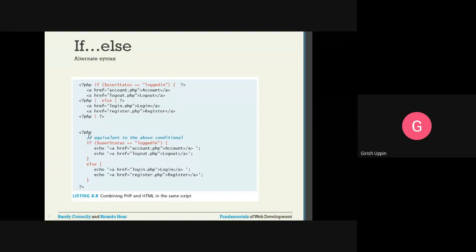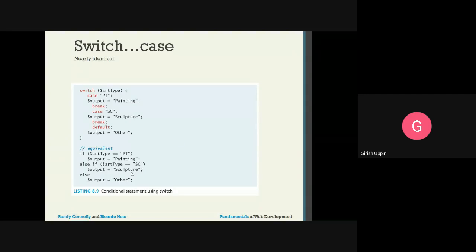So this is the beginning of the PHP tag, and the closing PHP tag. If user status is logged in, then echo the string inside single quotes. What I have is exactly the same as the HTML code. So these two links will be output to the browser. And if this condition is false, then it will echo these two.